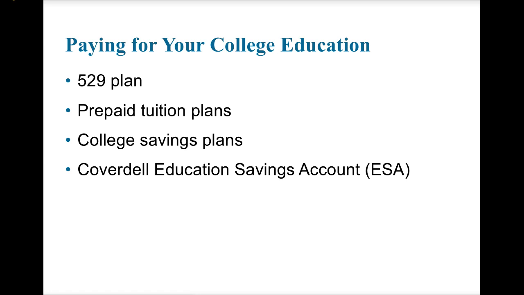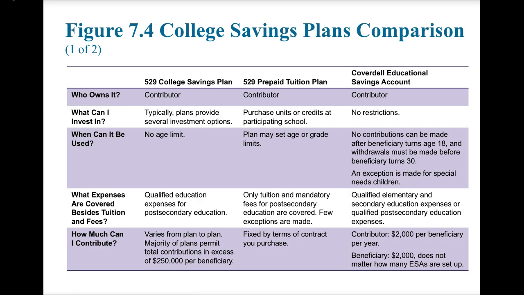And the contributions have to stop when the student becomes 18. It must be used by the time they're 30, and any leftover money will be charged taxes as a penalty. So there's another type of this, but a lot of these plans, you have to do before you go to college. Here's a comparison chart of these three different types of